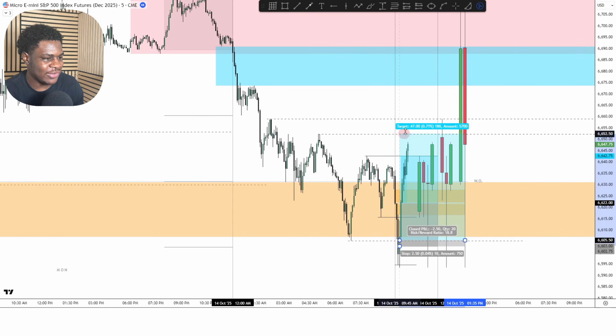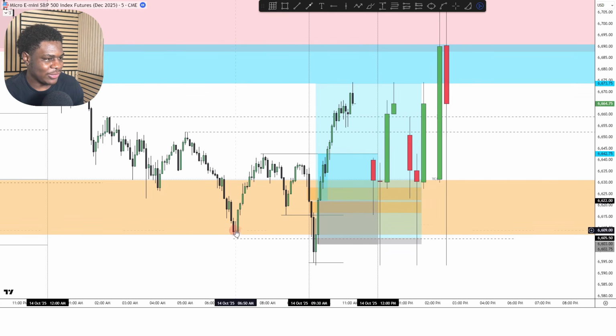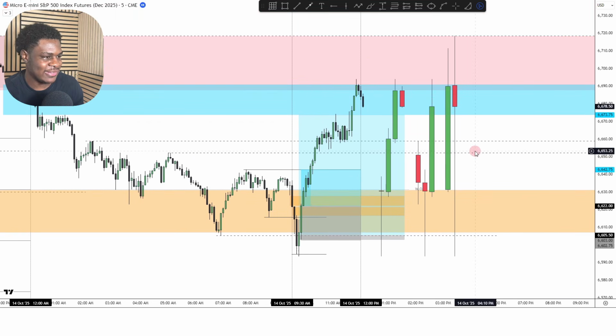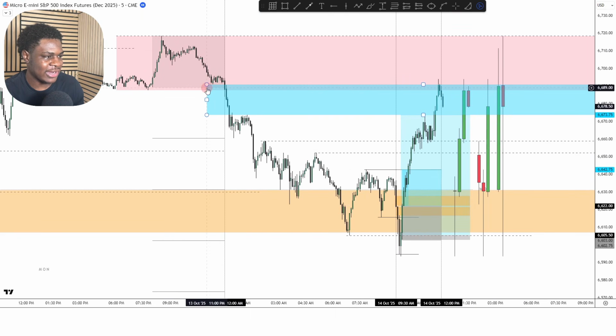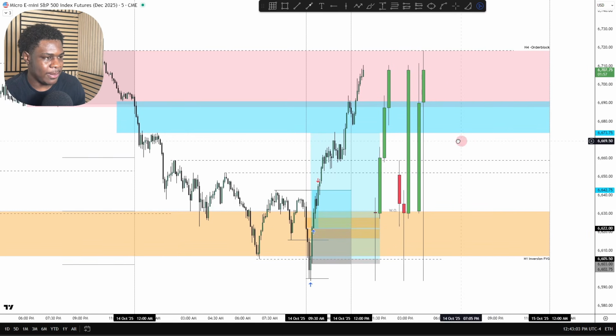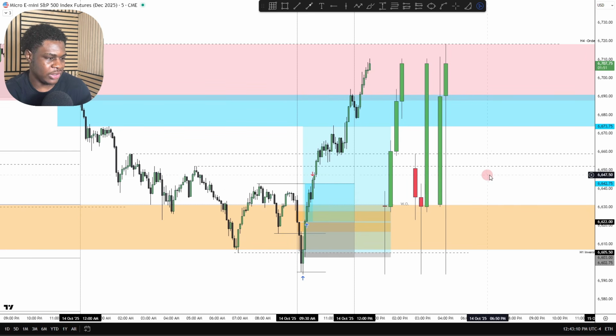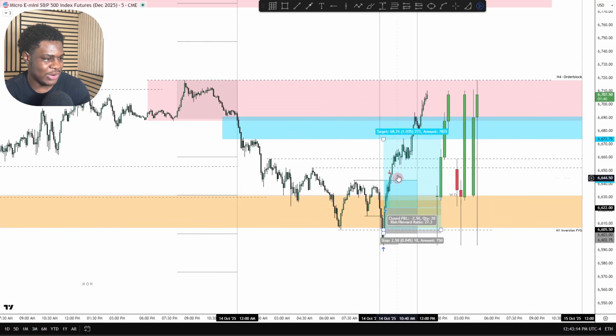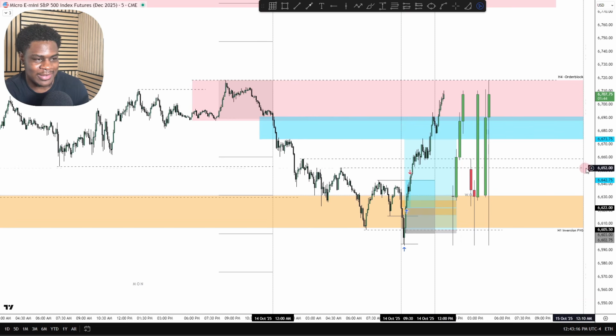But obviously, if I would have held all the way back into that fair value gap, this would have probably been like a $30,000, $40,000 trade or something crazy. You can clearly see coming all the way back into that fair value gap plus that 4-hour order block. This is currently where the market is at, way back up here perfectly, and you can clearly see bottom ticking the exact low. If I knew price was gonna reverse like this, I would have probably held the whole trade,